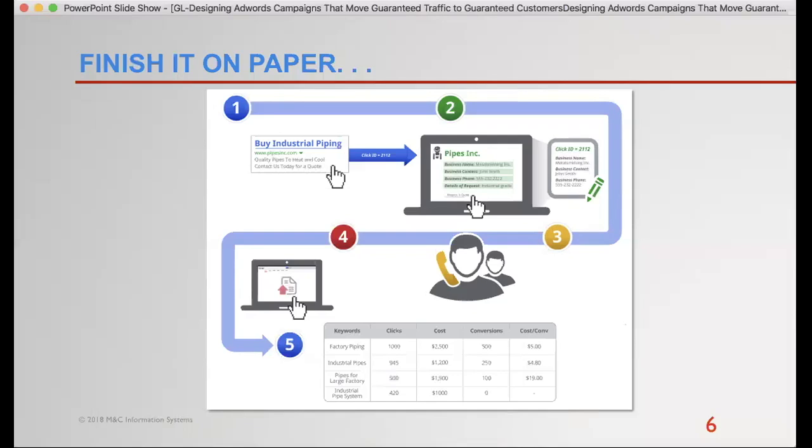We whiteboard almost all campaigns because we're trying to figure out if this is the end result, if we can start down there at number 5, which is the cost per acquisition that we're hoping for, and this is what we're hoping to accomplish to get that. This is what that goal is, and working backwards all the way up to this: the groups of keywords that we want to have, and the ads that we want to show, and these are the overall giant campaigns that we'd like to run those things in. Finishing it on paper is the easiest way to get yourself back on track.